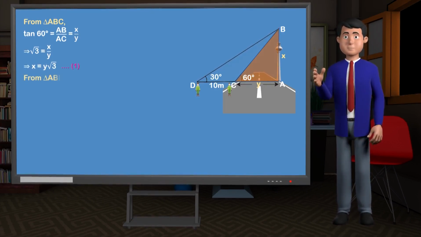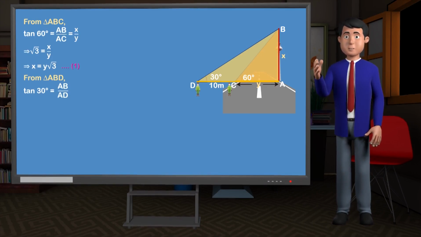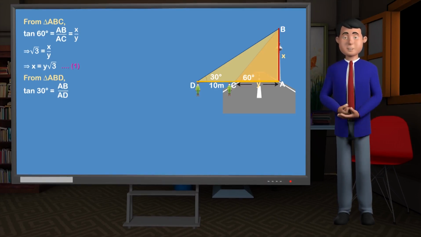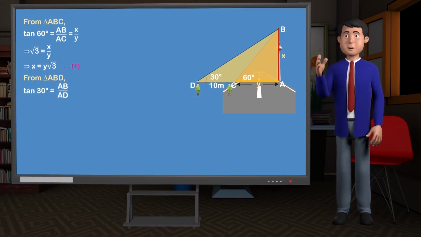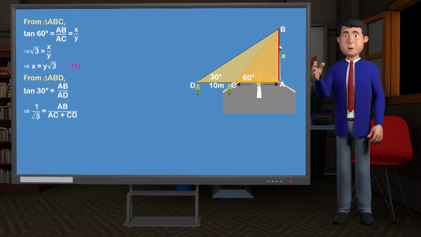From triangle ABD, tan 30 degrees is equal to AB by AD. We know tan 30 is equal to 1 by root 3. Here, AD is the total distance from the foot of the tower to the second observation point, that is D. AD can be written as width of the road plus distance between two observation points. So, AD is equal to AC plus CD, which implies 1 by root 3 is equal to AB by AC plus CD,